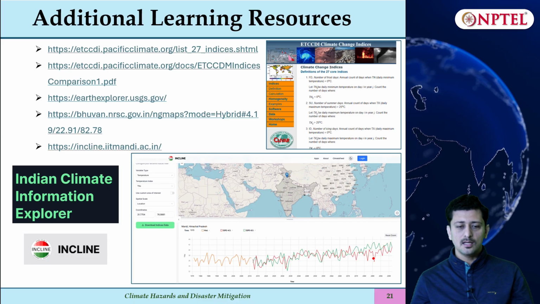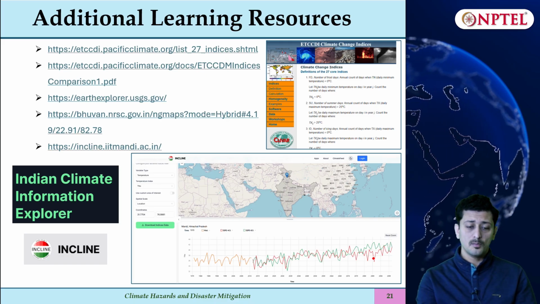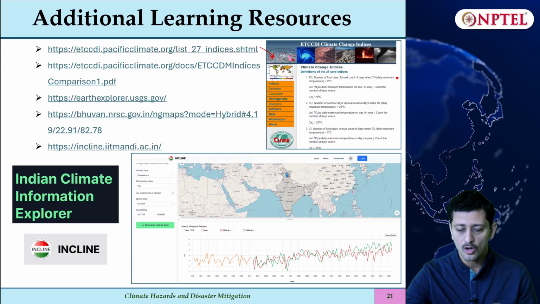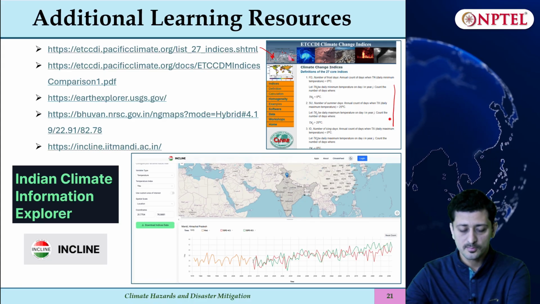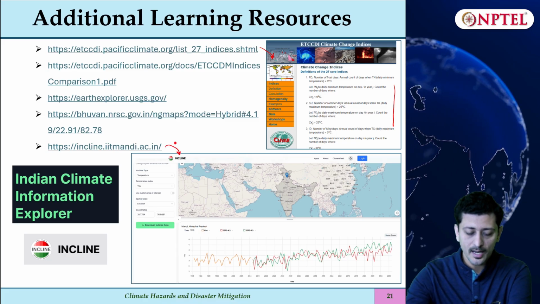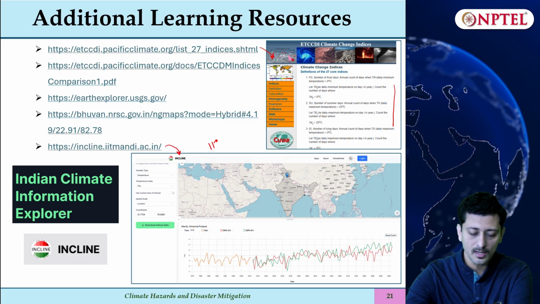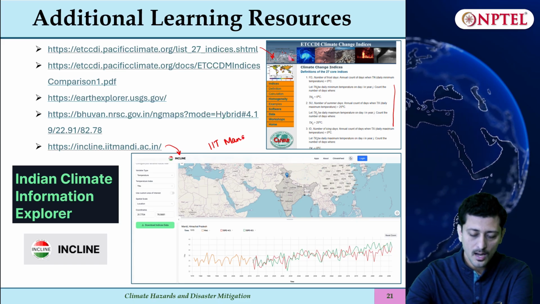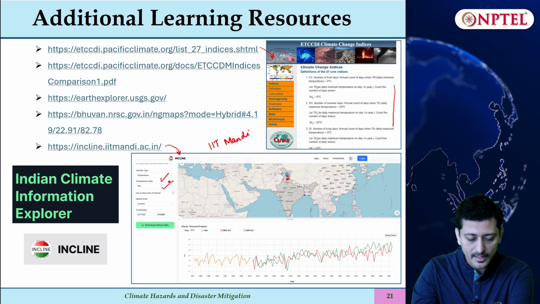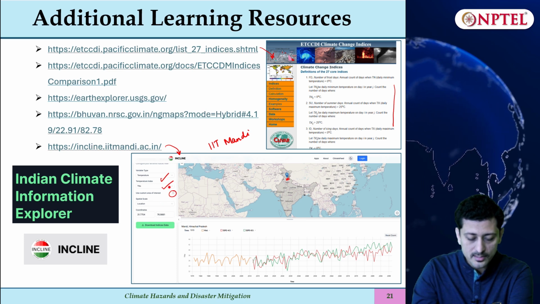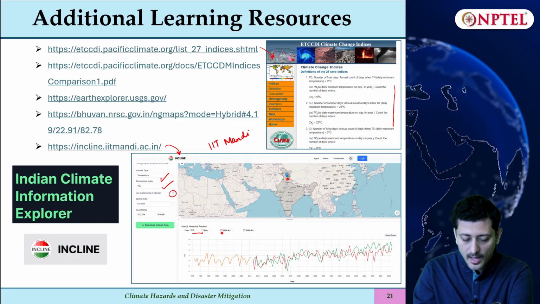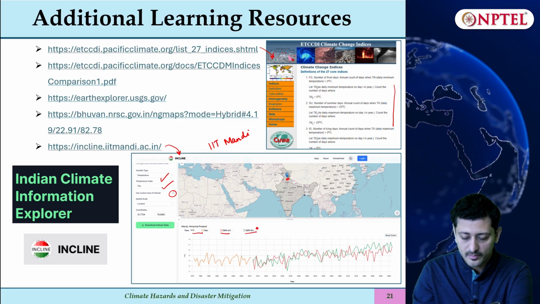So these are some additional learning resources. If you want to explore more about the indices, ETCCDI has provided a list of all indices, so that you can explore. And if you want to see how calculation of indices can be done, there is an online portal developed by IIT Mandi. You can visit this portal and select any particular location, select the variable, select the index, or give an area of interest also, and it will give you a time series for the historical period and for the future projections SSP 245 and 585.